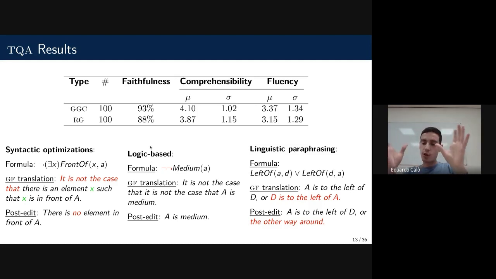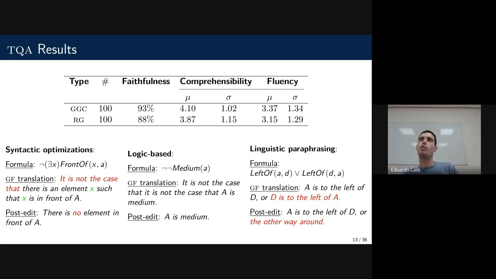The second group of improvements could be done at the logic level. For example, here you have a double negation, which you know can be removed without changing the meaning of the formula. So something like "it is not the case that, it is not the case that, blah, blah, blah" could be just realized as "A is medium", removing all these clumsy and complicated linguistic structures that make the text